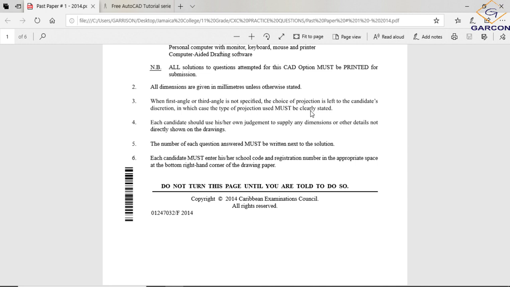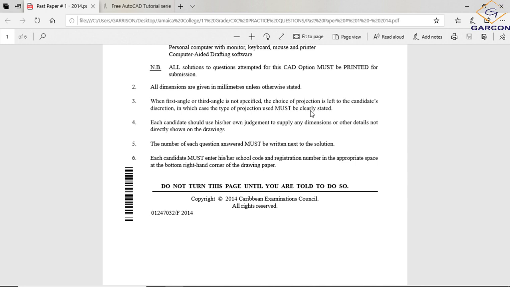You know that the front is always beside the end. If you see the views side by side, you know that it is the front view and the end view. CXC usually gives you only two views. So either front and end, if they are beside each other, or if they are above and below, you know it's a plan and front, right? Because the plan is beside nothing, but the front is always beside the end. So if they are side by side, you know it's a front and end. If they are above and below, you know it's a